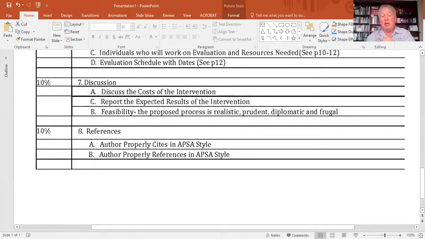With references, make sure you use the APSA style guide, okay? And a lot of people, you're going to have to cite Measuring Outcomes in your paper. So that's got to be in your references, among other things if you put the other sections or other articles in there. Make sure you do it by APSA style. First hint, APSA uses full last and first names when they make references. They don't use initials. You make sure you have the year in the right place. Make sure you have the publication in the right place, and so forth. Put that style down. It's an easy 10 points if you do it correctly,